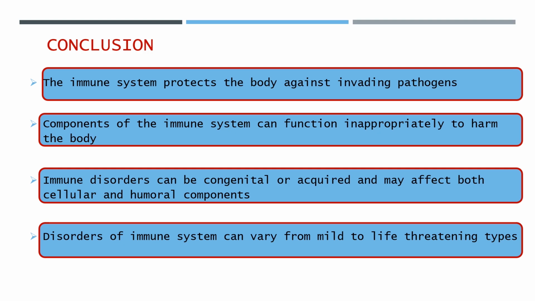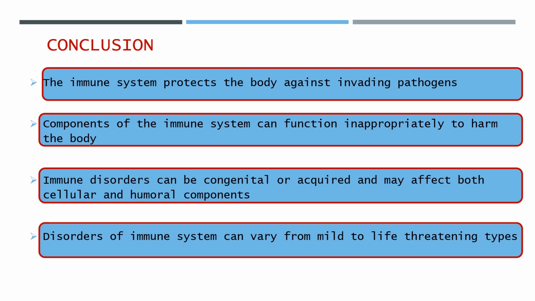But while these agents are performing their function in protecting the body, some of them can perform exaggerated responses and become harmful to the body, like we saw in the autoimmune diseases and other hypersensitivity reactions ranging from type 1 to type 2 to type 5. And we also learned the mechanism of action of each of the different types of hypersensitivity reaction.